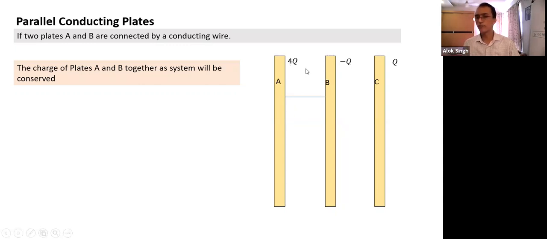No, because some charge has moved. But if I take the whole thing as a system, what if I take A and B together as a system? What is the charge on A and B together? Together the charge was 3Q. Since the charge transfer has taken place, but plate C is still isolated, A and B put together are not receiving any extra charge. I can make a statement: the charge of plates A and B together as a system will remain conserved. Is that an easy enough conclusion to come to?